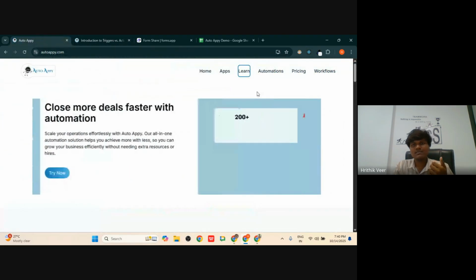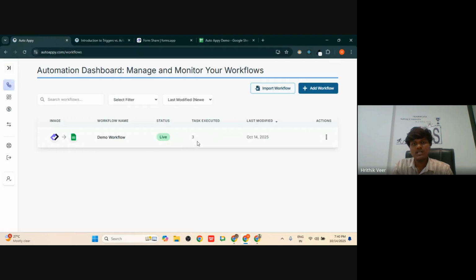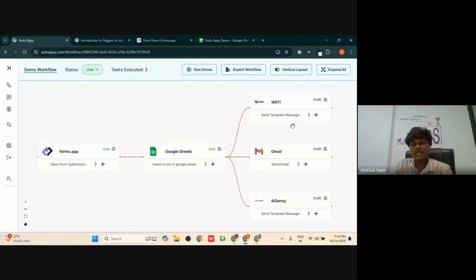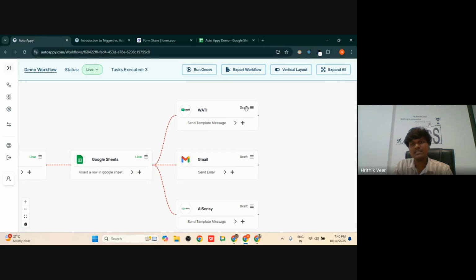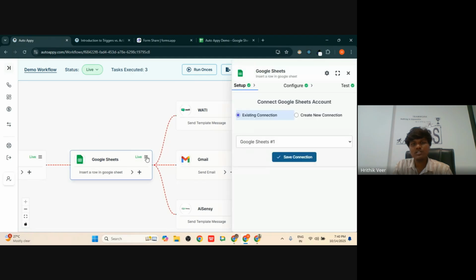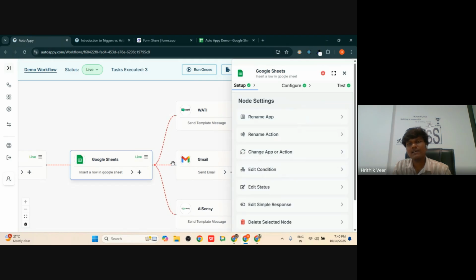So what is the status? For a very quick overview, if you see in this particular demo, we have added WhatsApp and Gmail. Let's say you just want it, currently it is in draft, but I don't want it to transfer the data in Google Sheet. So if I delete it, I have to do all the things like setup, configuration, test